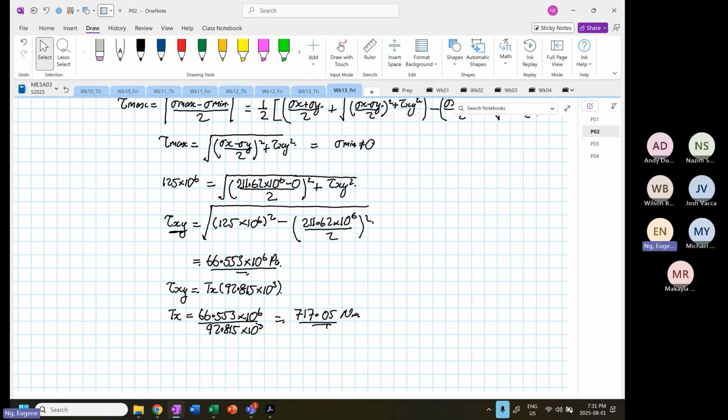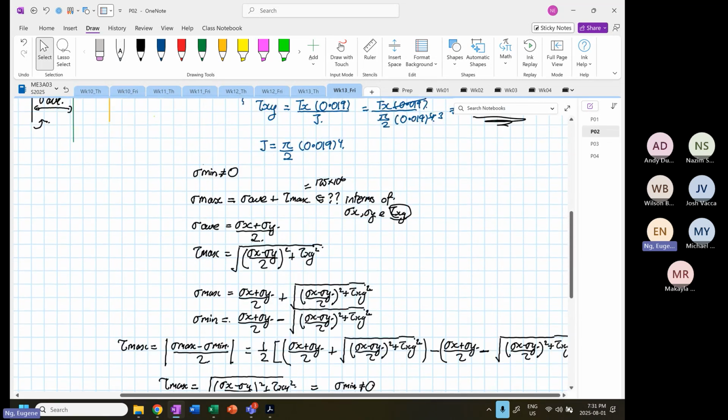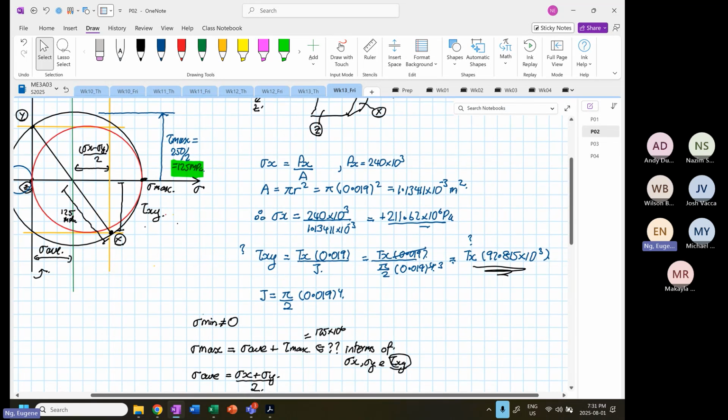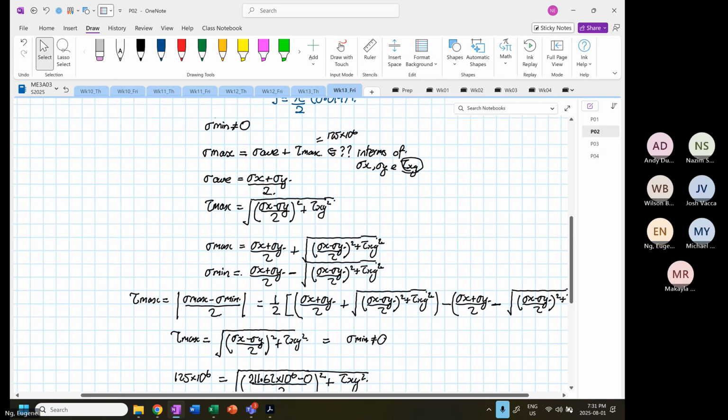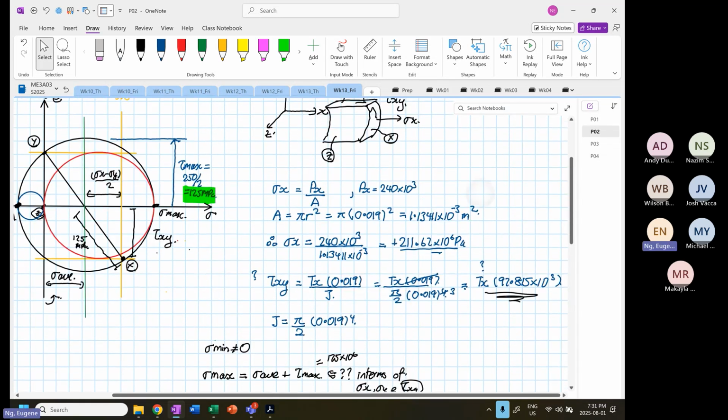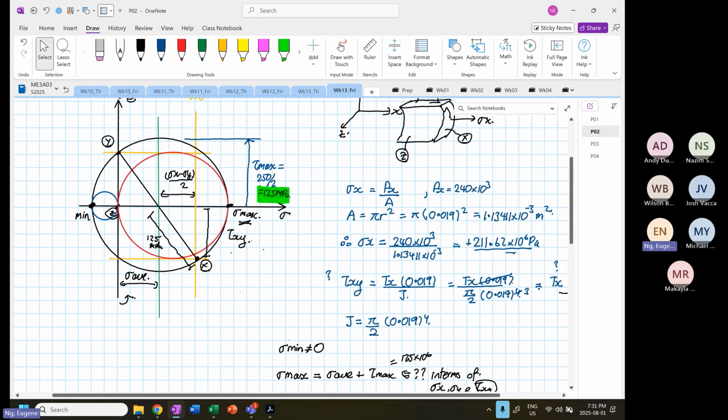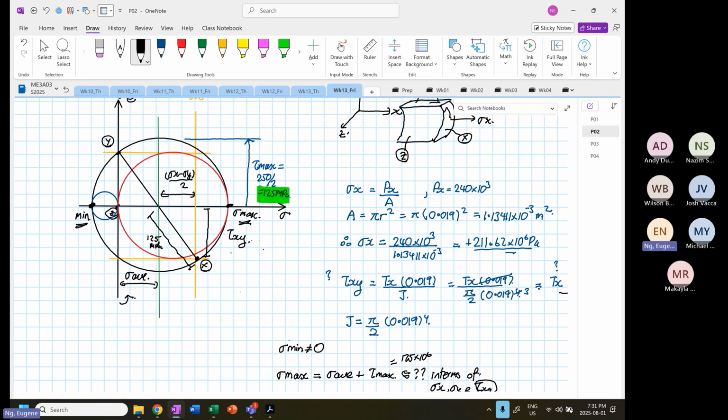Okay. Now another thing that I think should be done, it's good to calculate what is our stress max and what is our stress mean, if the normal procedure. So you have to not only check the shear. So for this case, what is going on is the shear is the